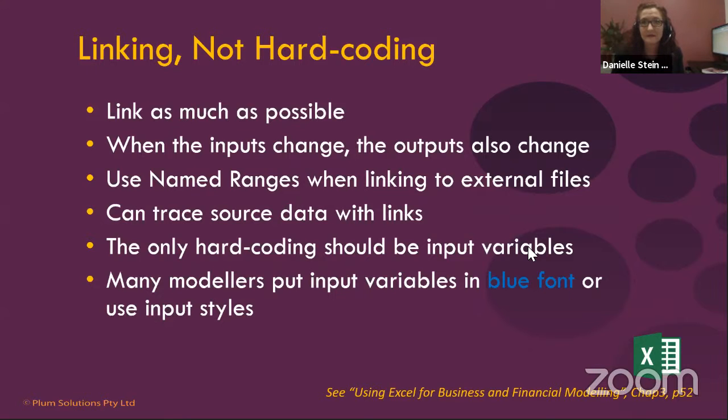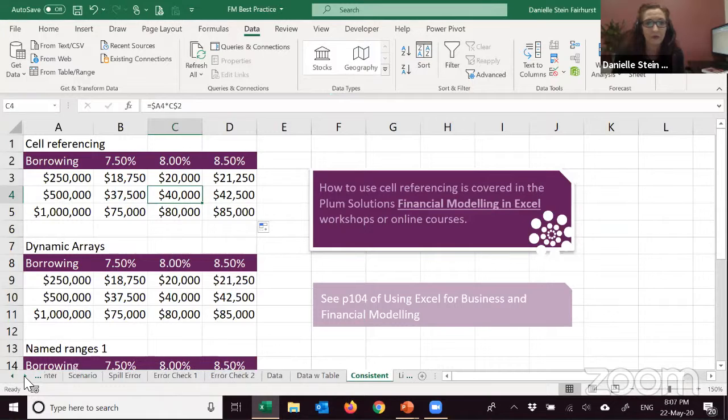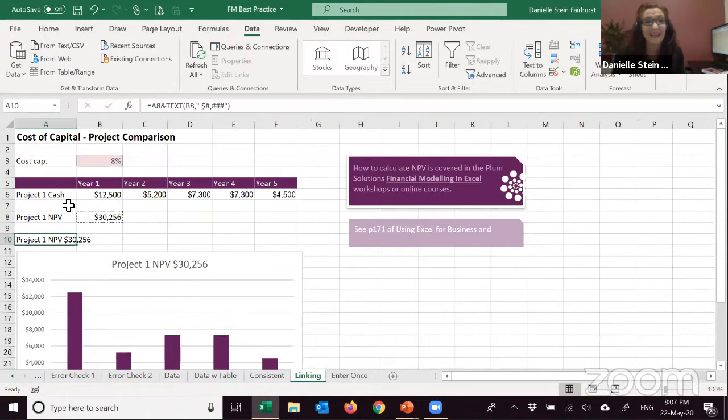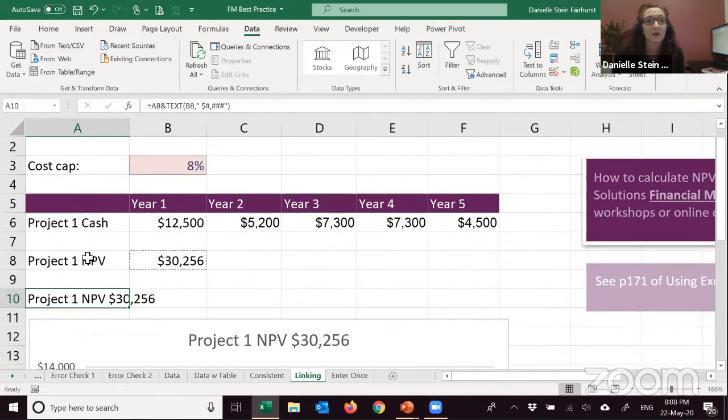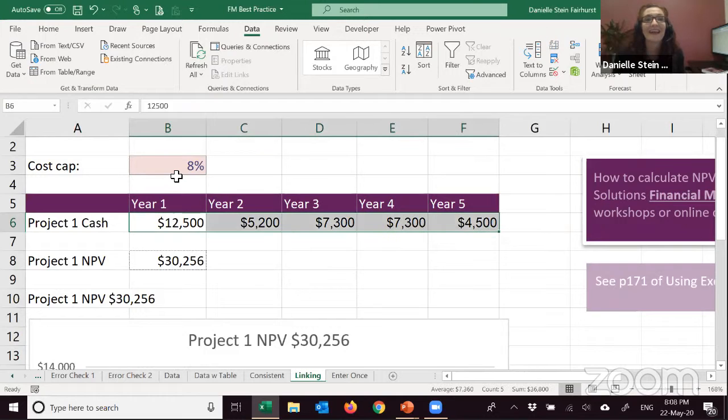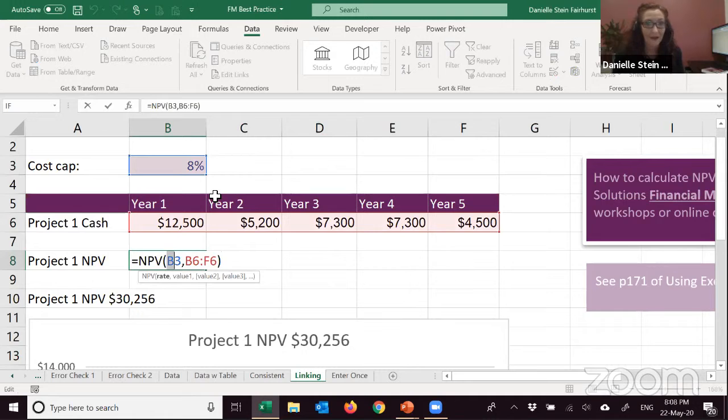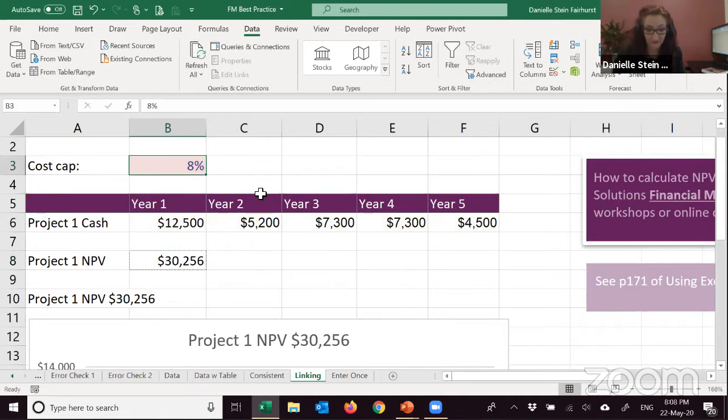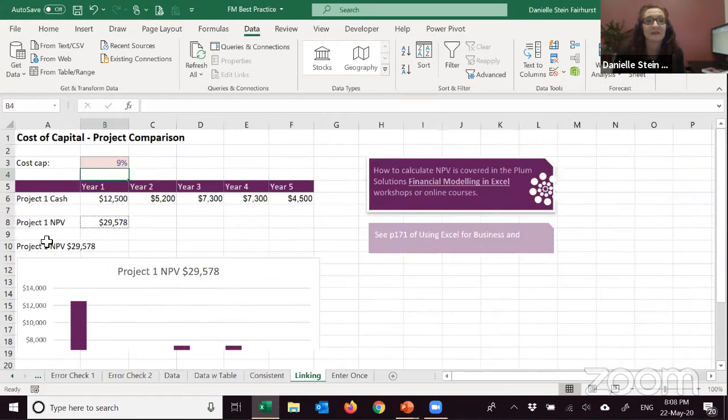So let me just show this. I've got an example here for you. For linking, let's say, for example, here, make that one a little bit bigger. Let's say you've got your NPV, you've got your project, here's your cash flow, that's your cost of capital. And so by linking it there, everything is just simply going to drive through. So if I change that to 9%, everything's going to change. And even, did you notice that the title of the chart automatically changed as well?